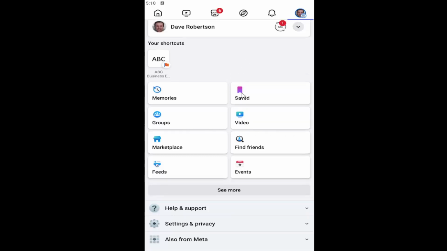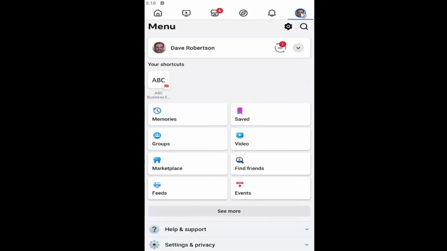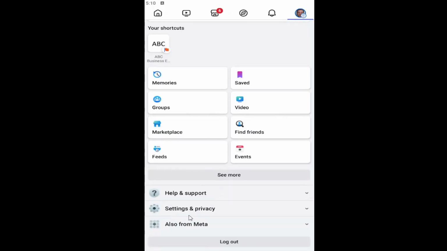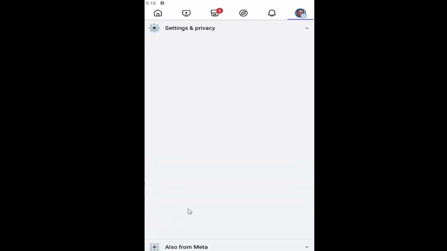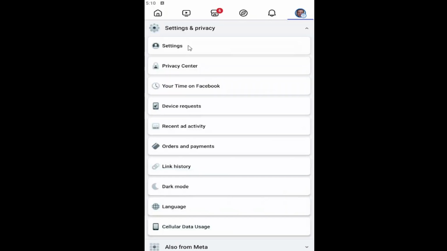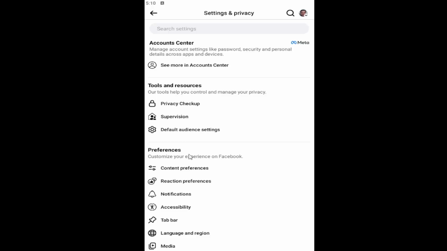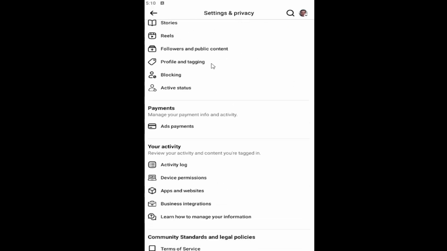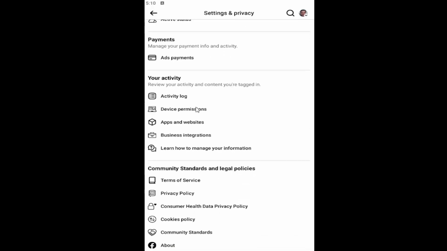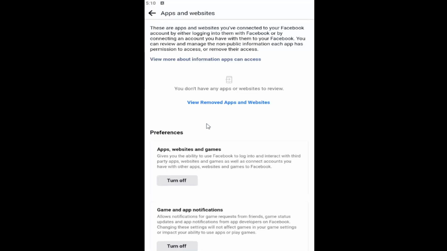So all you have to do is open up the Facebook app and select your profile icon in the top right corner to open up this menu. Scroll down and select Settings and Privacy, and then select the settings button at the top, and then scroll down underneath your activity and select where it says apps and websites, and then where it says under preferences, apps, websites, and games,